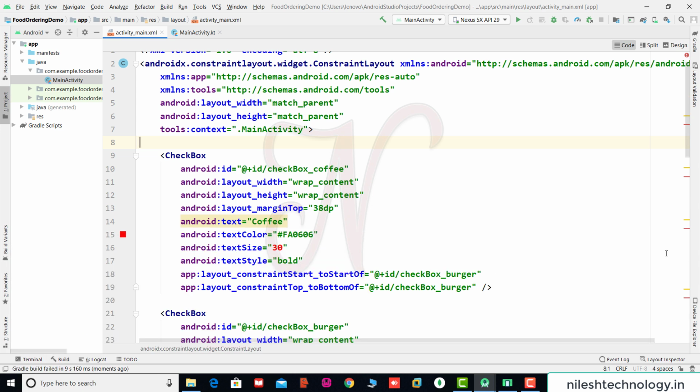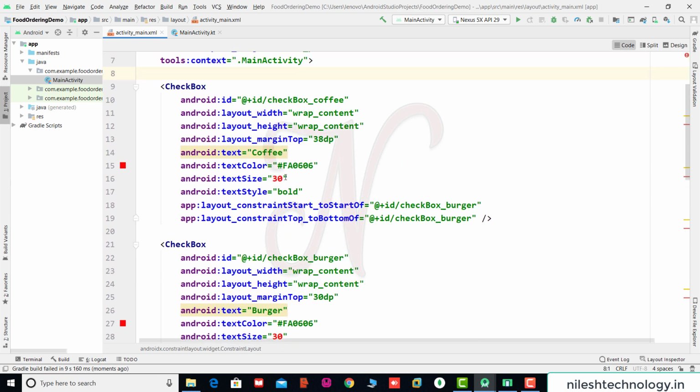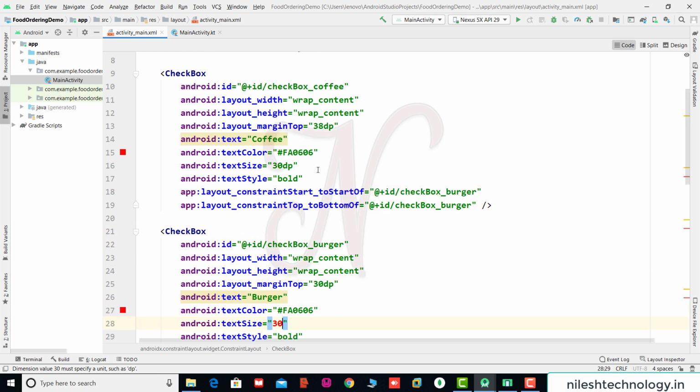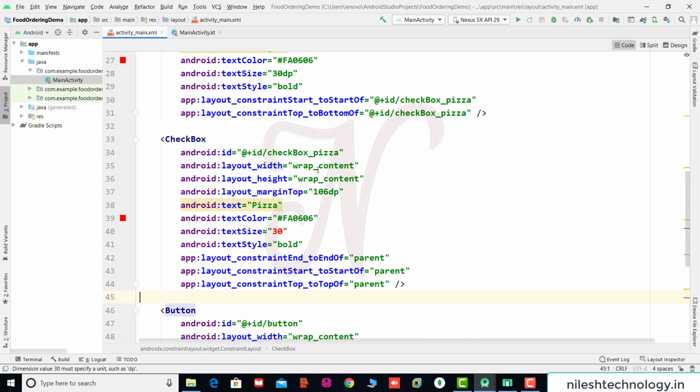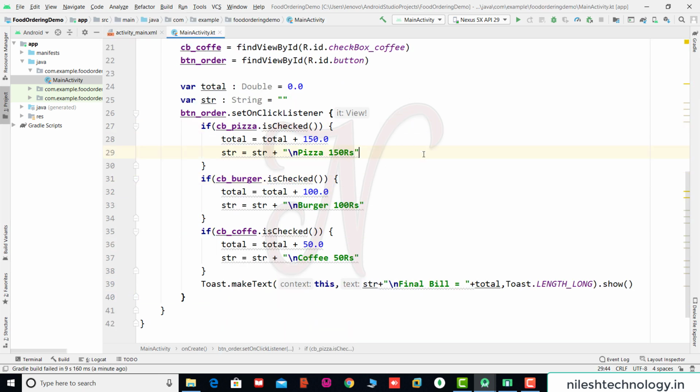So text size, see here, yes, this error 30. So this is 30 dp, here 30 dp. Okay, so save these changes. Again, main activity, right button click and run main activity.